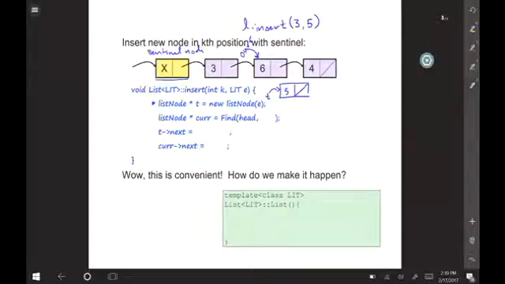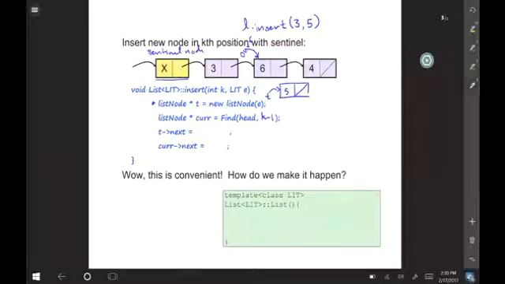K minus 1. This time, K minus 1 works, because every time we call find, now, we're walking one step farther. So instead of minus 2, it's minus 1, right? Because every time we start at the head, we're going to have to step over that sentinel node. So this time, find goes K minus 1 steps. Okay? And now we just have to fix up pointers. We've got names for everything we want. We just need to fix up the pointers.